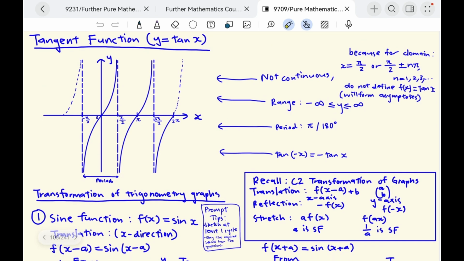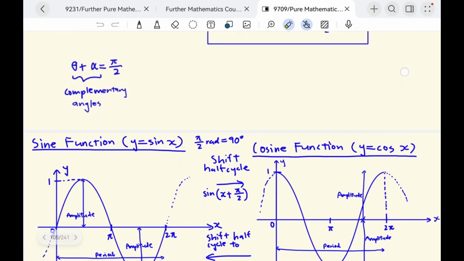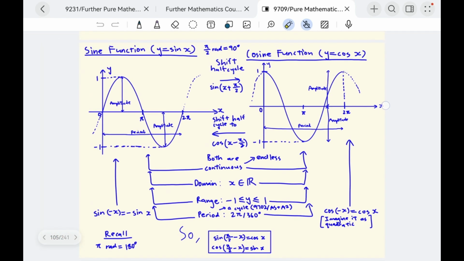So why is tangent of negative x equal to negative tangent x? Because it is an odd function. Oh, sorry, I forgot to remind you that sine of negative x equals negative sine x. So it is an odd function, whereas the cosine function is an even function